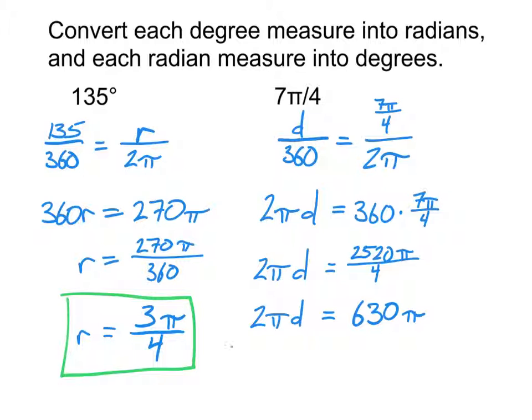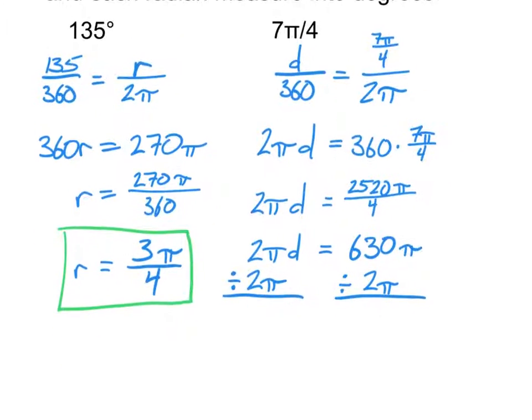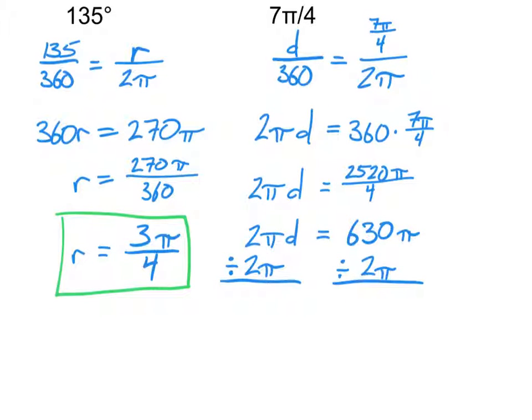And you'll notice that right now, we got something in the way of that. It's currently being multiplied by 2 pi, which means I want to divide to get the d by itself. Yes, I am allowed to divide both sides by 2 pi. And so, when we do that, you notice on the left side, that just leaves me with d. On the right side, we now benefit from the fact that we just left pi in there and didn't turn it into a decimal, because you notice the pi's are going to cancel each other out. So really all I have to do there is 630 divided by 2, which is